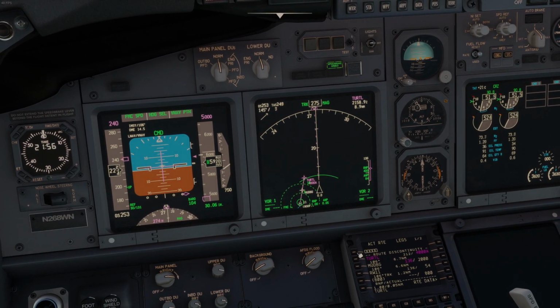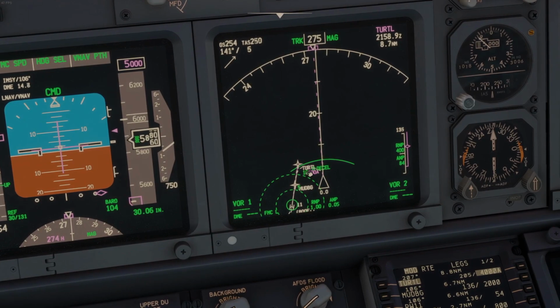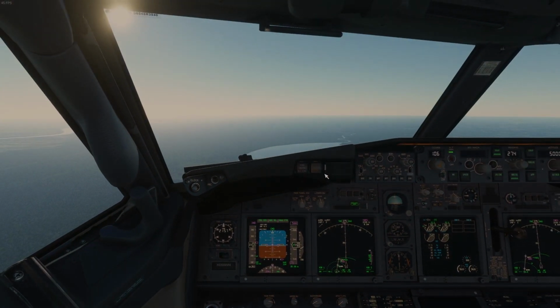So if we move this here and move it up to here, it'll start giving us, well, you can't see it because the word's in the way, but it gives us a white arcing line, which shows us the angle that we're going to come into that waypoint and at what point we're going to intercept it. So right now we're pretty much parallel to it. If we were to make that turn now, we want to fly up a little bit more before we do that. Coming down to 5,000 feet,